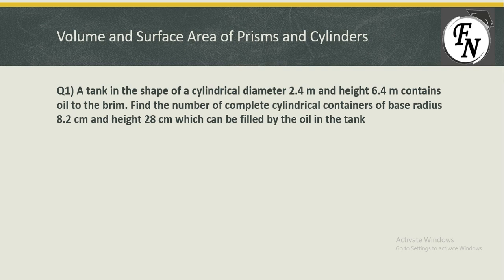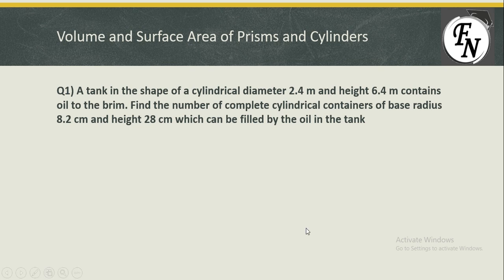So first of all, we need to calculate how much oil is present in the cylinder, as a liquid takes the shape of the container. The oil would be in the shape of a cylinder, so we can find the volume of the cylinder, and that would be the volume of the oil as well. After that, we need to pour that oil into small cylinders that have a radius of 8.2 centimeters and a height of 28 centimeters. So first we find the volume of the oil, and then we can check how many of those small cylindrical objects can be